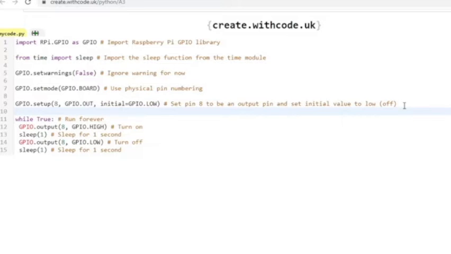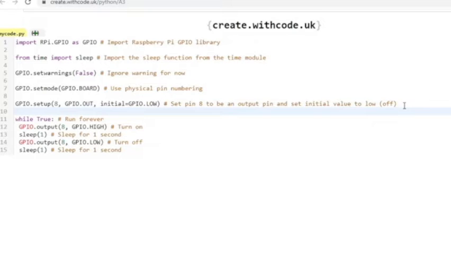Next is GPIO.setwarnings(False), which will ignore all the warnings. The next line is setmode. Here we are setting the mode as board mode. We have two modes, BCM mode and board mode. In BCM mode, you have to consider the GPIO number. In the pin diagram, I have already explained that we have GPIO numbers.